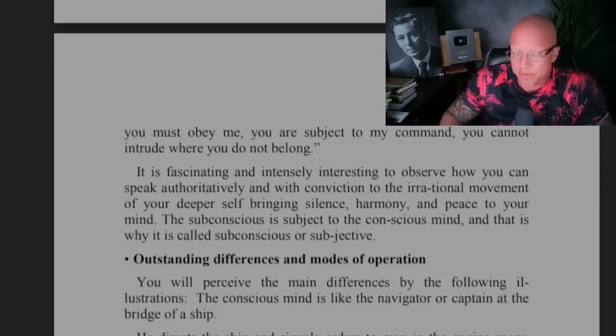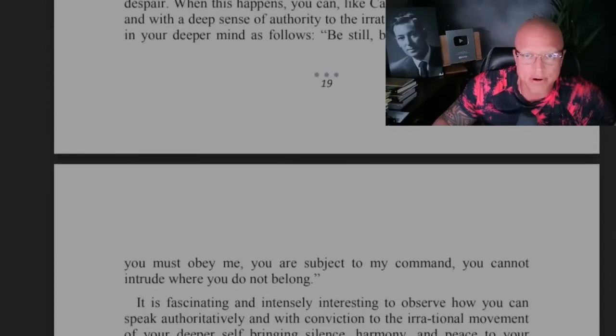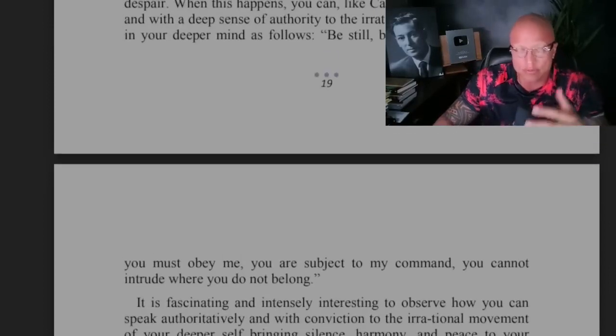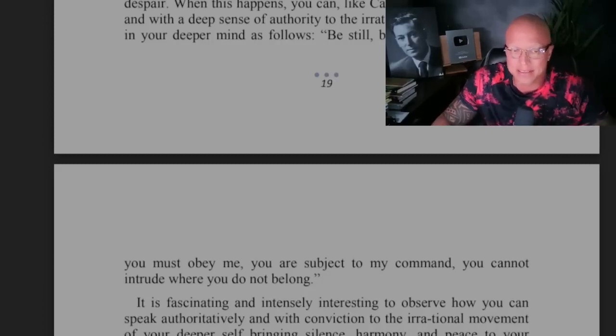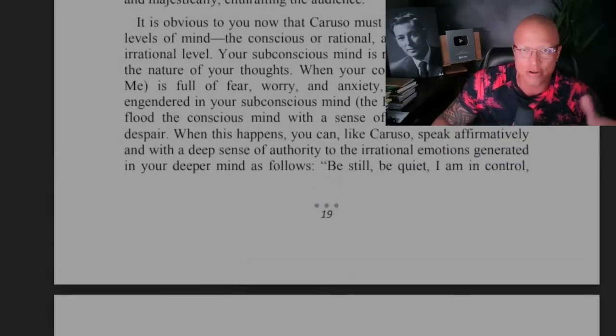So I want to cover this a little bit better so we completely understand this part of this chapter, because I think this is the most important part, which is commanding. You're in the conscious mind, and then you're commanding the subconscious mind to do something. Because the conscious mind has total control over the subconscious mind, you don't actually have to persuade the subconscious mind. You don't have to trick the subconscious mind. You can actually command it this way by using these sort of affirmations, so to speak,